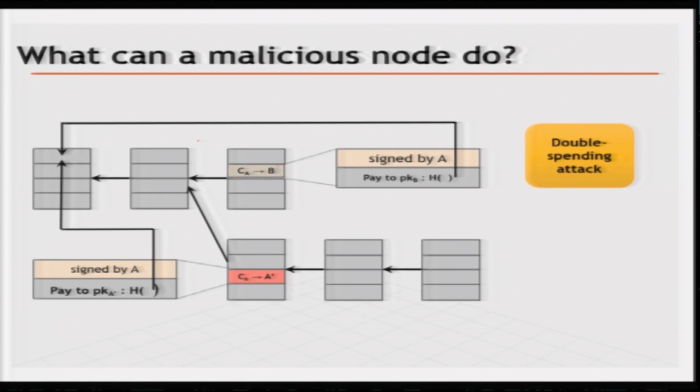The way you know that I have paid you in Bitcoin, you listen to the broadcast, and very soon you will see the transaction where I am saying that I am paying you, and then if you wait a little more, you will see that in the next block. If the merchant believes after seeing the next block that he has been paid and ships the merchandise, at this point what A can do is that once he gets acknowledgement that the merchandise has been shipped, he can actually